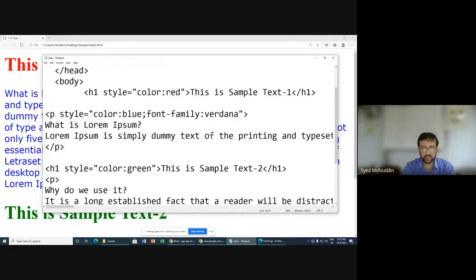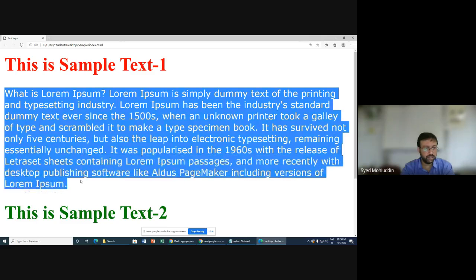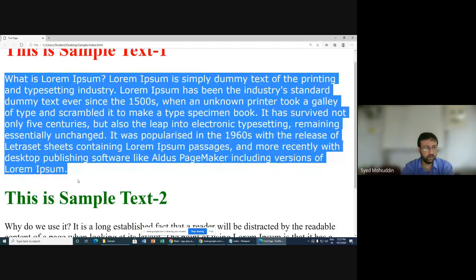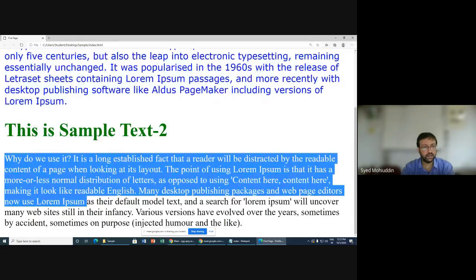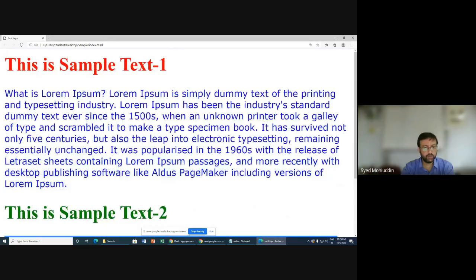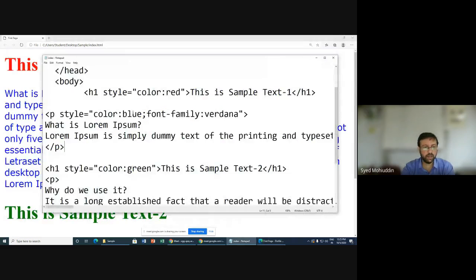So I'll just let you know what is that font style, that bold part. But there is another property here, font family. So this font family, if you see, we have specified as Verdana font, which, obviously, if you have Word, you would be able to use any other font. So here you can find that this paragraph is in a different font, and this paragraph is in a different font. So this way, we can use multiple,